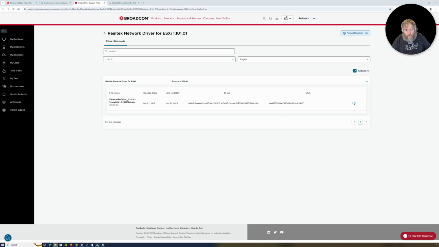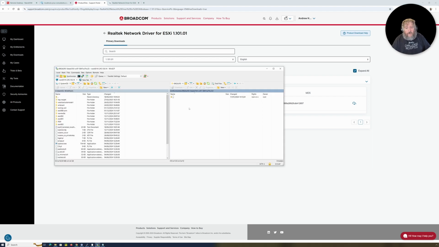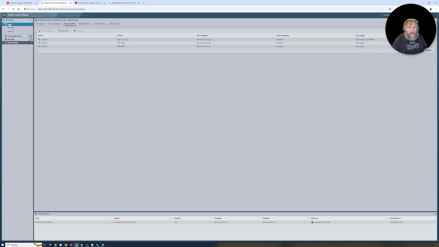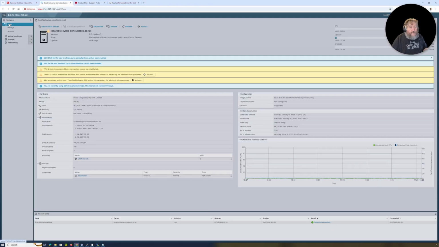And I'm going to open up WinSCP, which is already connected. So I've got SSH enabled. If we go back over here, I actually have the host in maintenance mode as well. So I've got the host in maintenance mode,